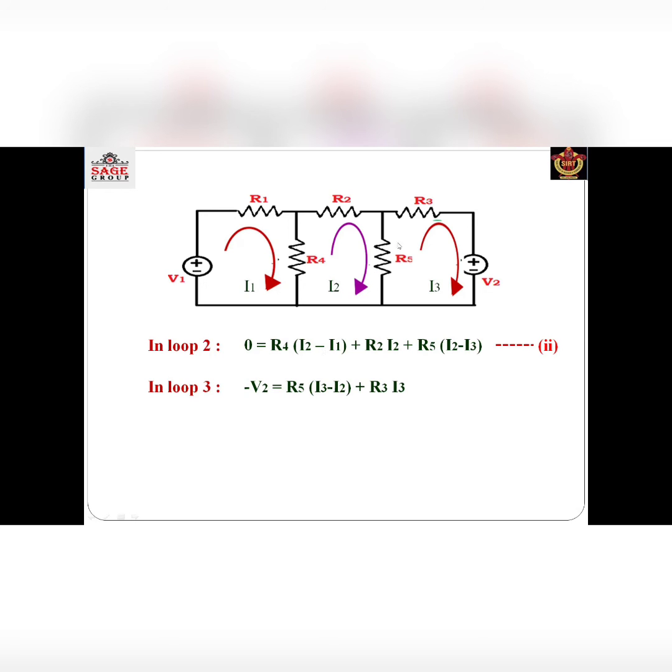is equal to, अब यहाँ पे जो रेजिस्टेंस लगा हुआ था वो R5, और यहाँ पर क्योंकि हम थर्ड लूप के लिए इक्वेशन लिख रहे हैं तो जो करंट होगा वो I3 माइनस I2 होगा। तो यहाँ पर R5 की वैल्यू आएगी R5 (I3 − I2)। उसके बाद जो हमारा दूसरा रेजिस्टेंस लगा हुआ था वो था R3। तो R3 में जो करंट जाएगा वो I3 जाएगा। तो इस तरीके से आपकी यहाँ पर तीनों इक्वेशंस बन जाएंगी।